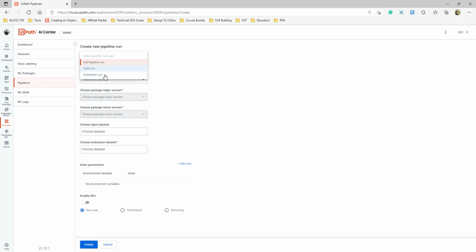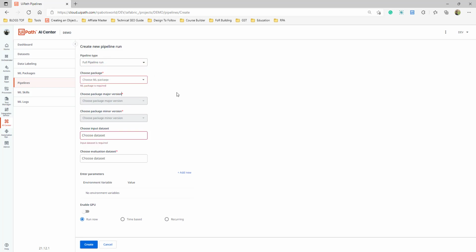So this is required when you want to retrain the data. Here you need to select a package, but because we don't have any trainable package, we won't be able to create it. If in the previous step we had selected a package which is trainable, you would be able to see it in the drop down. That is not here, and that's the reason you are not able to select anything. So let's skip this.